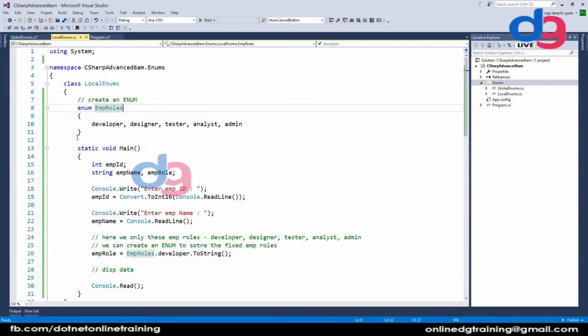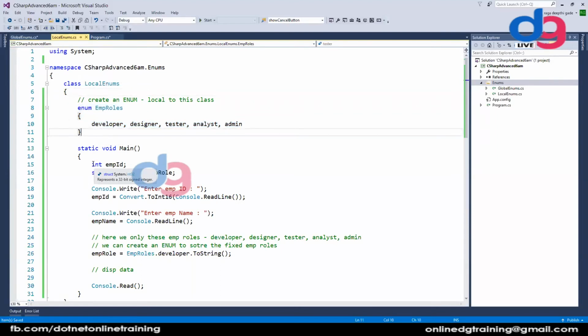Now let's say we have one more class. See here, I want to tell you one problem with these local enums. Local to this class. Do you understand what I mean by local to this class? This enum is not accessible outside this class because it is defined in this class, right?